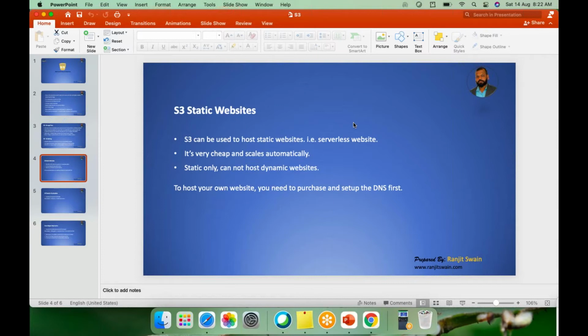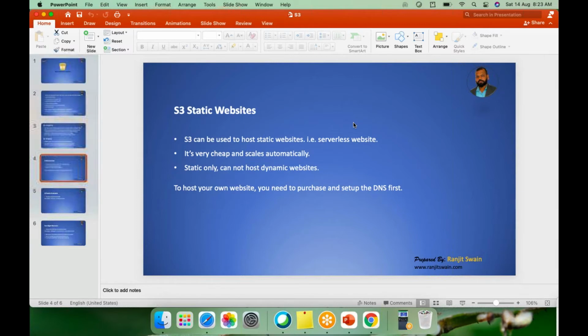Guys, you may know static websites and dynamic websites. A static website is a website which does not have server side or any business logic written, right? Only simple HTML, CSS or JavaScript pages, whatever you are writing, that is your static website. It will not have any server side programming.